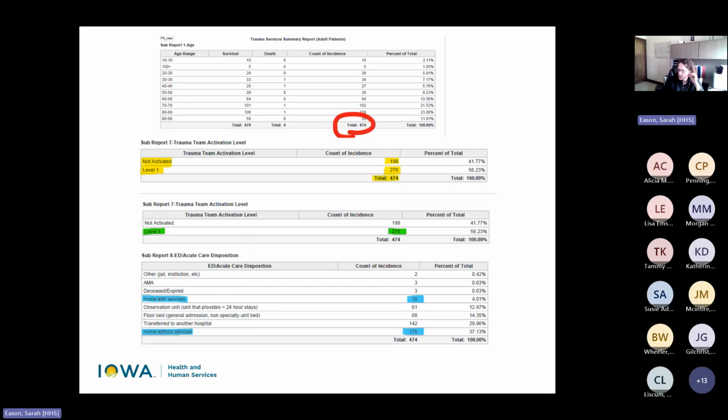I'm going to comment here just on ISS scores and on your blue highlight, because this takes it to the next step as far as what PI goes to and helps you start thinking about this. Adding your ISS score to your reports gives you a handle on what to look at first, right? Because you're looking at the really sick ones that are in your registry. Your ISS score cannot possibly match your trauma activation criteria at all.